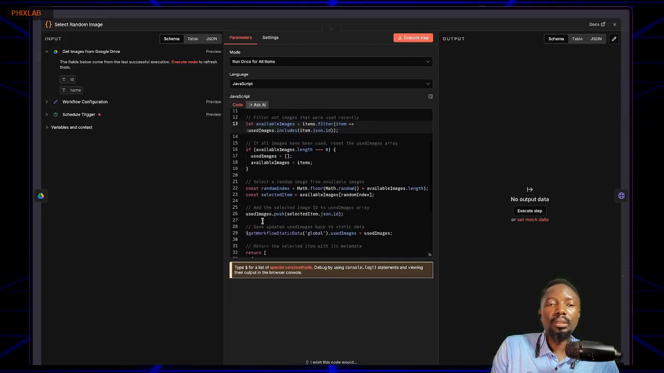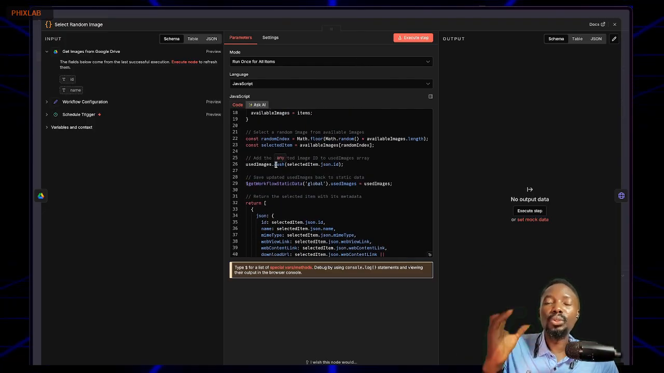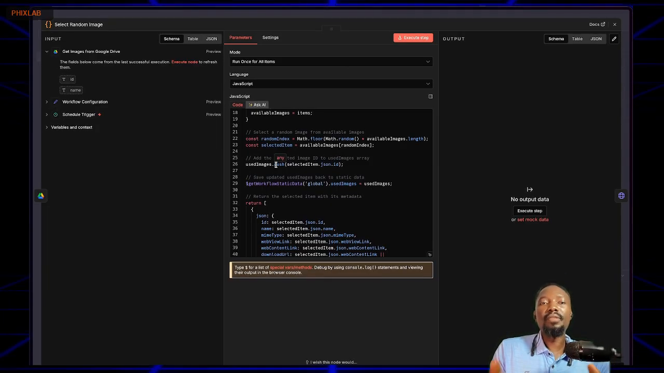It's going to return it. Let me just forget about the random images, because if you want to get this workflow, you can actually